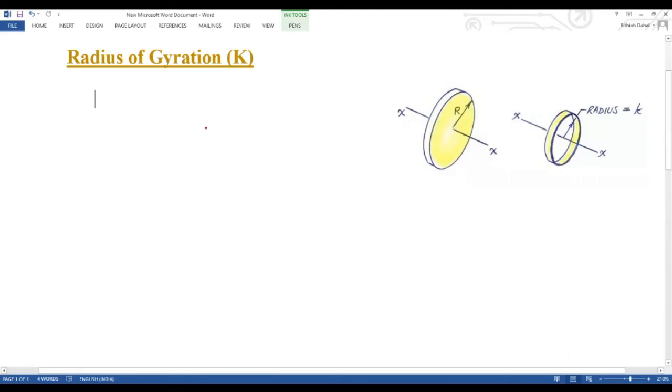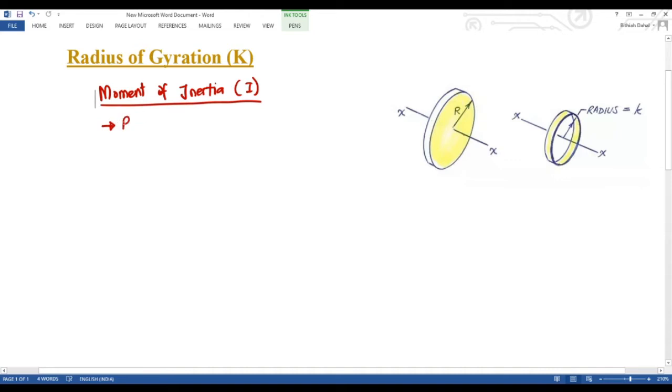What is radius of gyration? To understand radius of gyration, we need to understand what moment of inertia is, which is denoted by I. Now, we have already covered this concept in the last video, and if I simply summarize it, moment of inertia